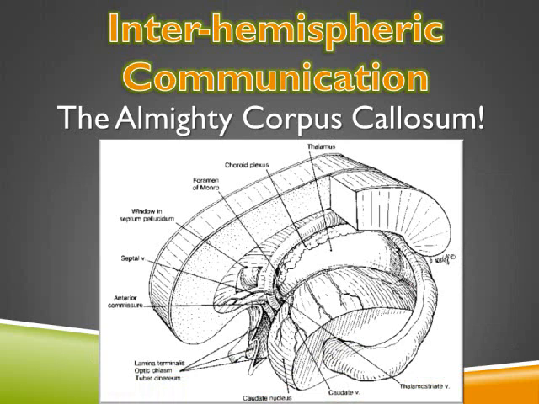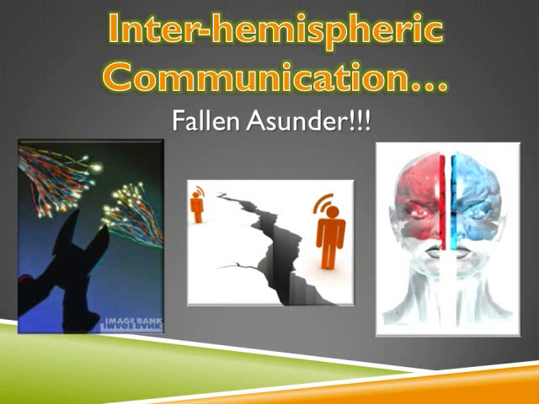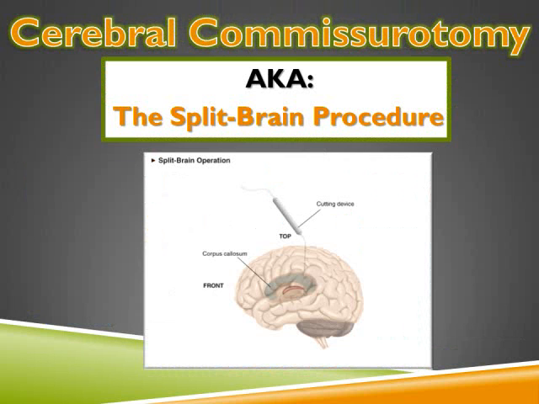For example, the splenium, located at the posterior end of the corpus callosum, has been shown to maintain both homotopic and heterotopic connections with the posterior visual areas in the occipital cortex and the posterior parietal cortex. Also, the anterior portion of the corpus callosum, including the genu, is implicated in the transfer of higher-order semantic information. If the corpus callosum is the cornerstone to integrative functioning, then what happens when the callosal fibers are severed, leaving the cerebral hemispheres unable to communicate and collaborate?